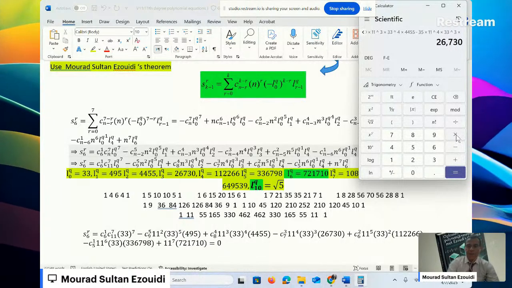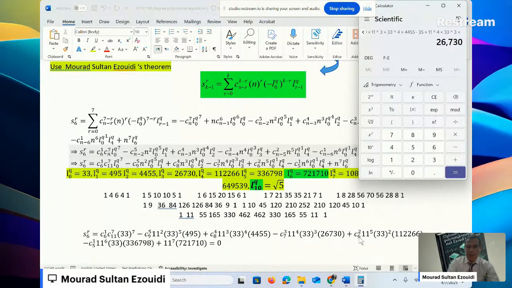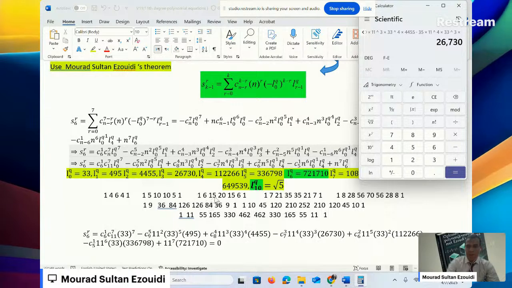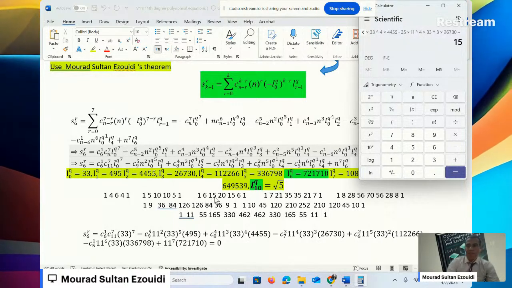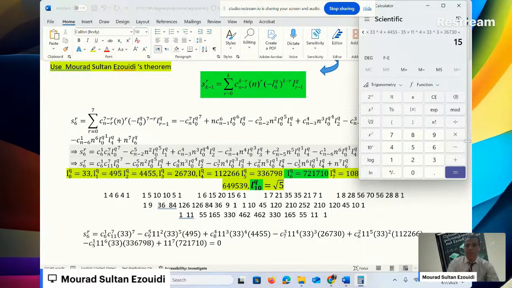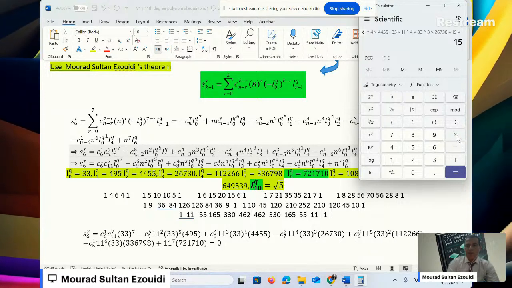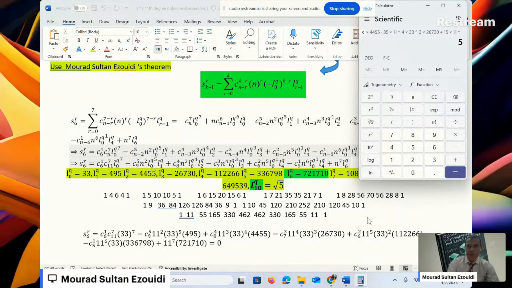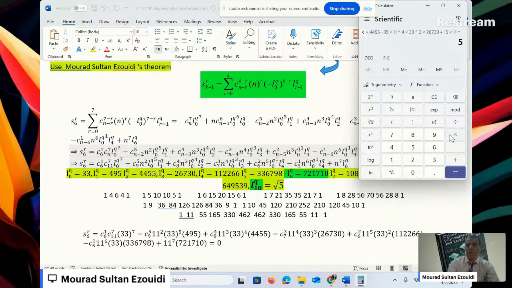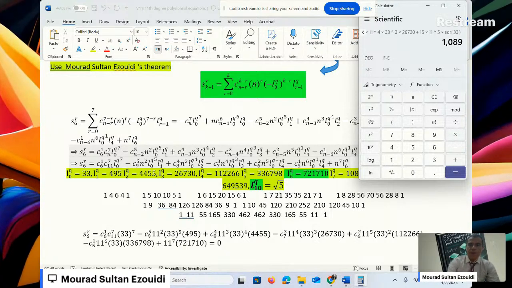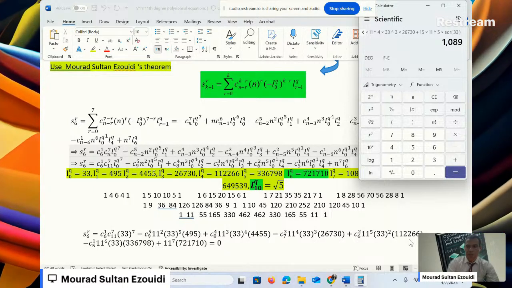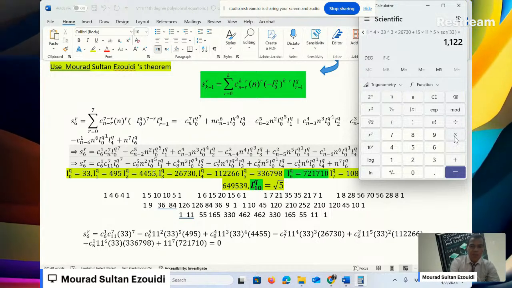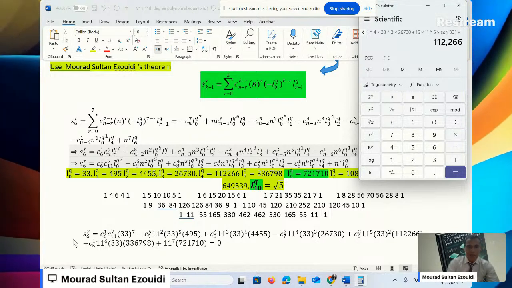26,740, the function after this, plus 622, 1, 2, okay, plus 15 times 11 raised to the power 5, minus 11 raised to the power 5 times 33 squared times 33 raised to the power 4 times 112, 266, minus 5,